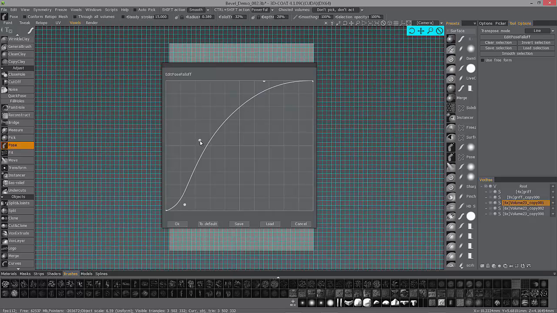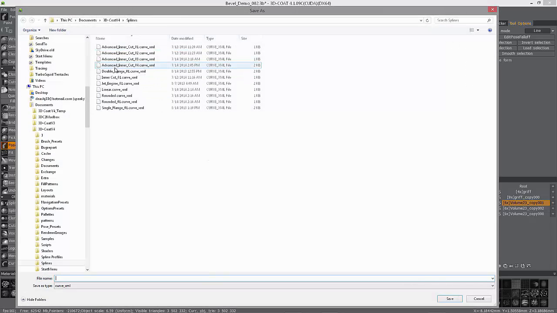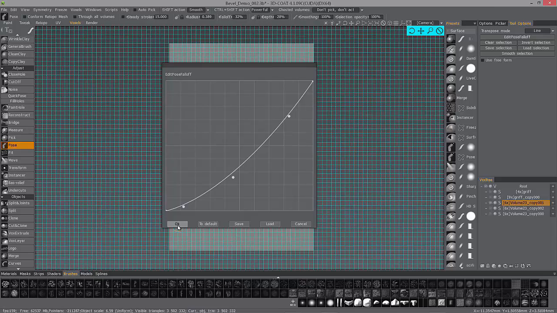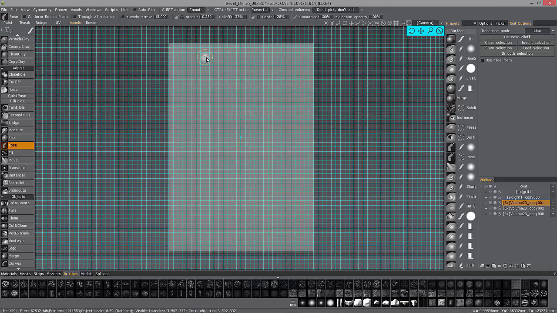Okay. So now we can create a much more soft and rounded edge just right off the bat this way. You can save it and reload it as you need. Create multiple shapes here and save it in your My Documents directory, 3D Coat, and then splines. So by default 3D Coat will try to save it here. That's okay. So now when we make our selection,